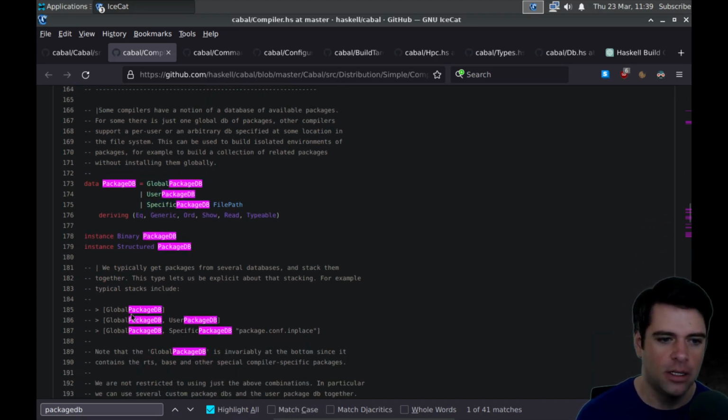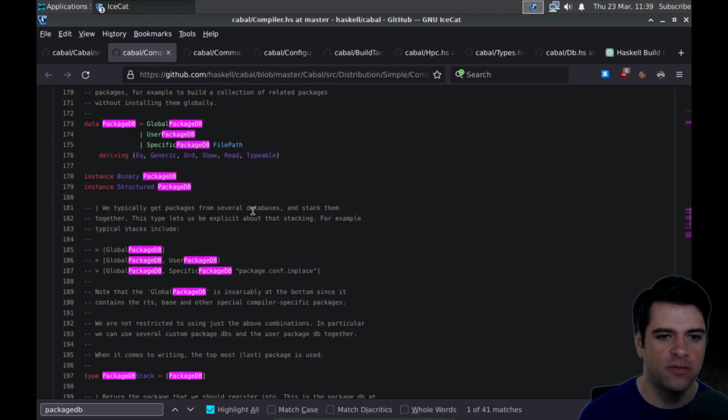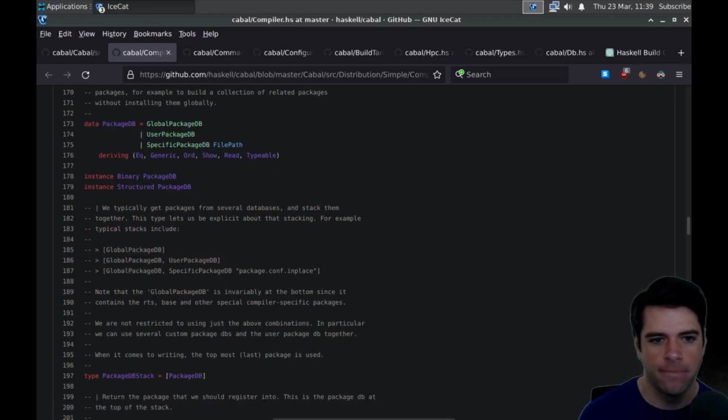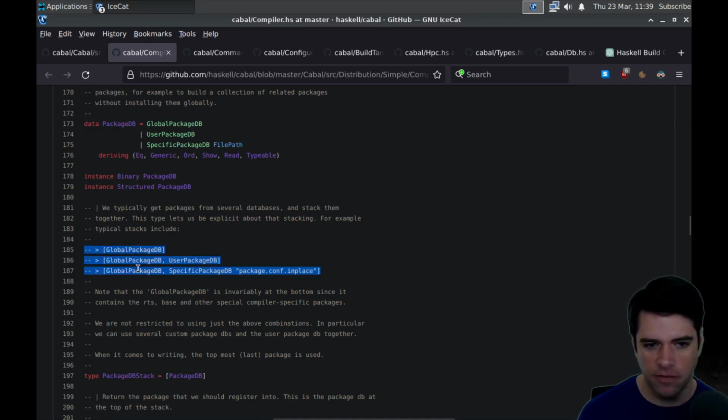All right. We typically get packages from several databases and stack them together. This type lets us be explicit about that stacking. For example, typical stacks include global package DB. So global package DB is first. User package is second if you only have these two.